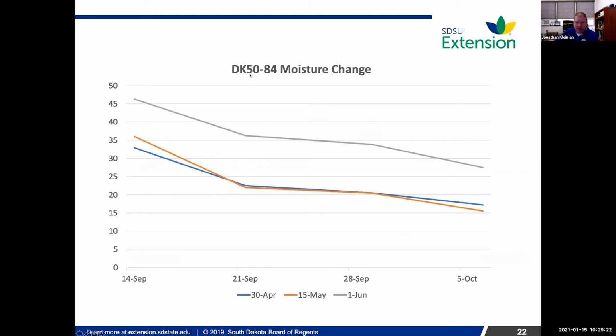This was 50/84, the 100-day moisture change for all 3 planting dates, but basically the same trend. April 30th, May 15th, June 1st, they all kind of just followed the same pattern. We harvested on November 6th, and they were all down to 12% moisture or less, except for this one. This is about 15%. So everything made it this year. It's frustrating not to see more differences, but I think we learned a lot too.